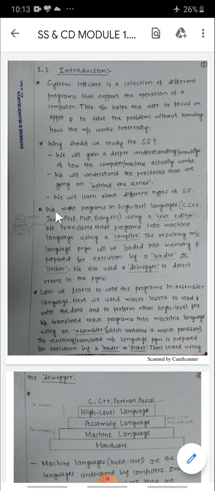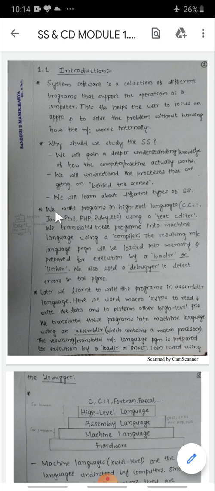Then the last level of language is high level language, which is completely in terms of English sentence-like instructions, which is easily understood by human beings, and which is very difficult for the machines to understand. And since only machine level languages are executable in the machines, ultimately we have to convert high level language into low level language or machine level language, and one translator will help us convert high level language to low level language, that is the compiler. So the compiler is also one best example for system software.